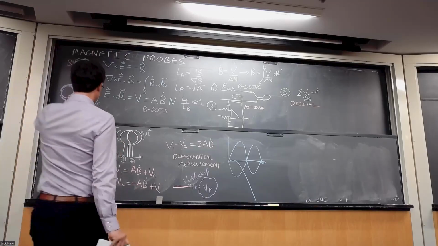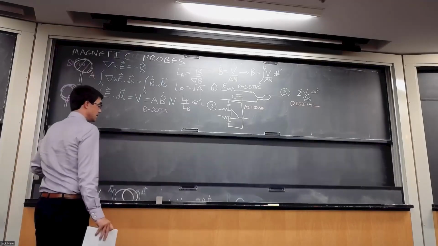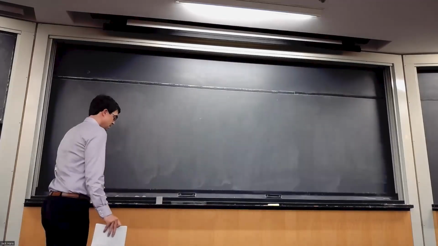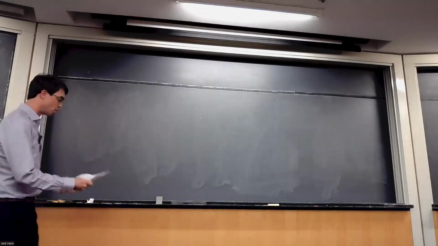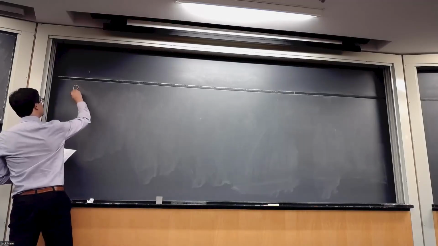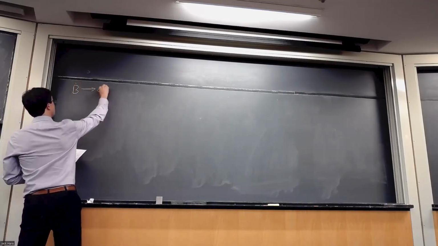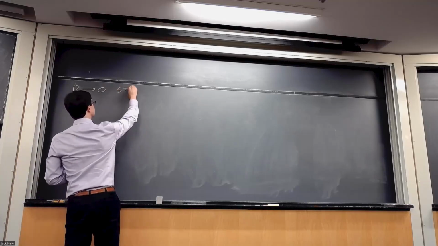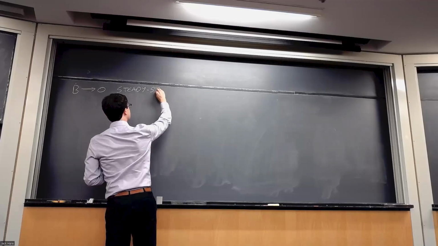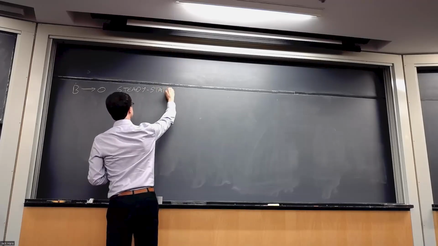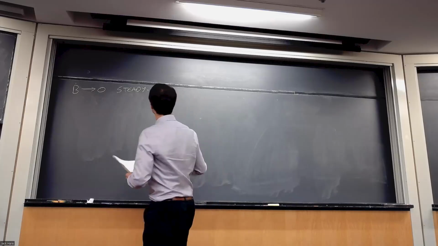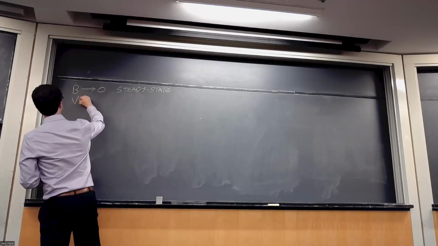Okay, there was a question earlier about measuring when B dot is small, when we've got almost steady state magnetic fields. So let's have a quick chat about that. So when B dot goes to 0, we'll call these steady state. Of course, they don't have to be absolutely not time changing. They just have to be time changing slowly enough that we can't measure the voltage easily. So this would give V on our B dot